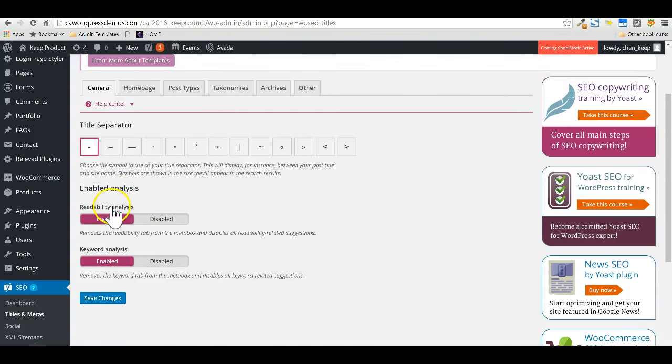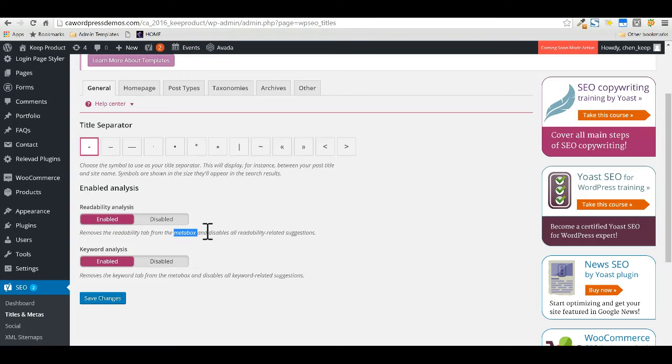Just make sure that the readability analysis is enabled, this is very important, because you will come to know whether the content which you are putting on your website makes any sense to the users as well as to the search engines. Search engines have really evolved in such a way that whatever content you have put, they want to know whether the reader is getting benefited out of the content which you are putting on your website.